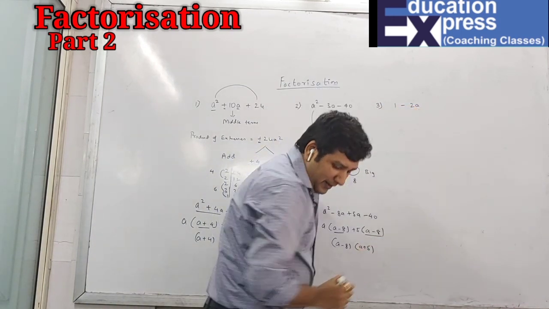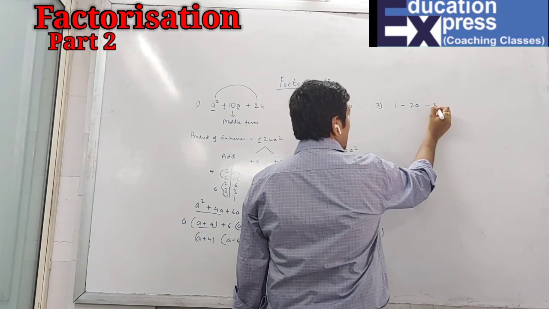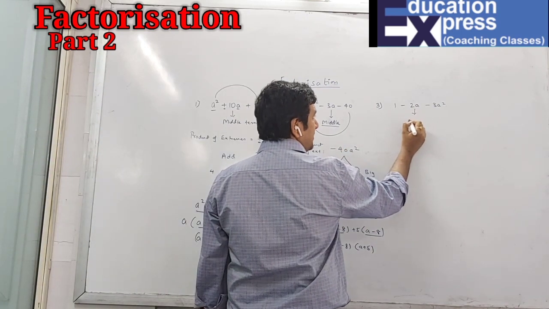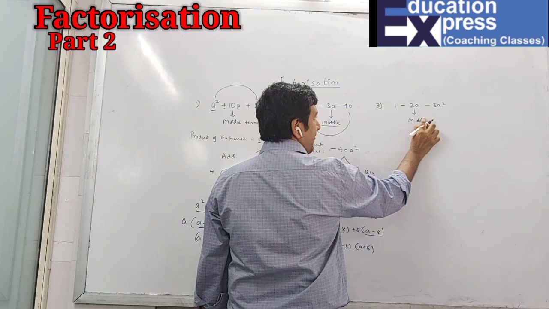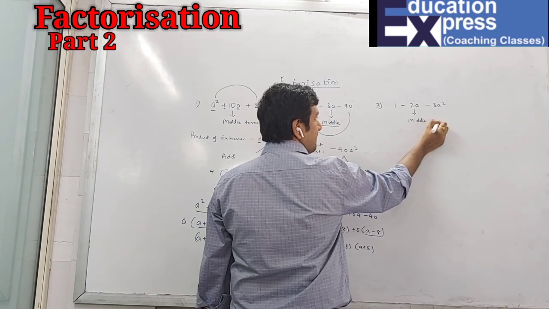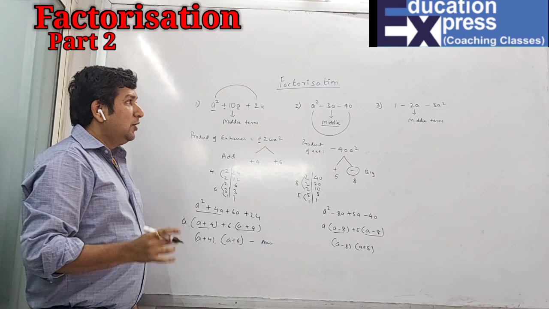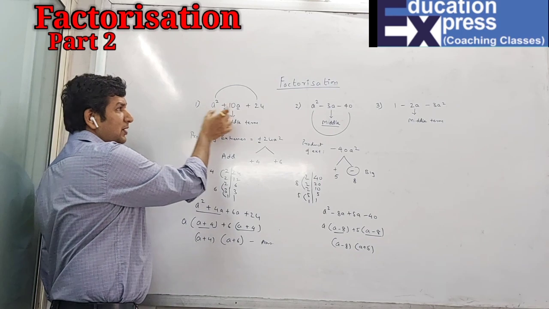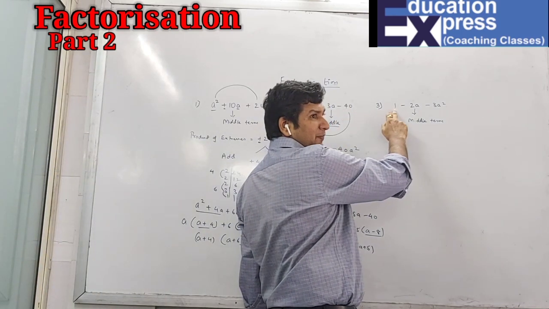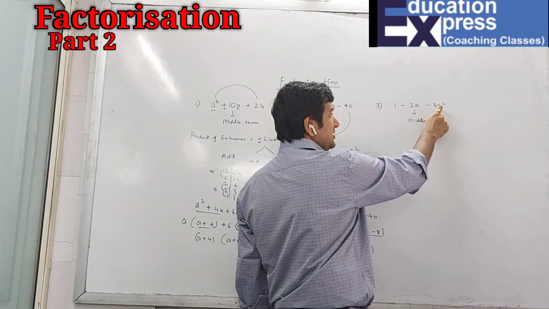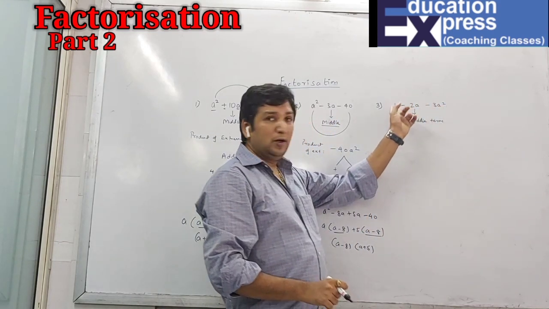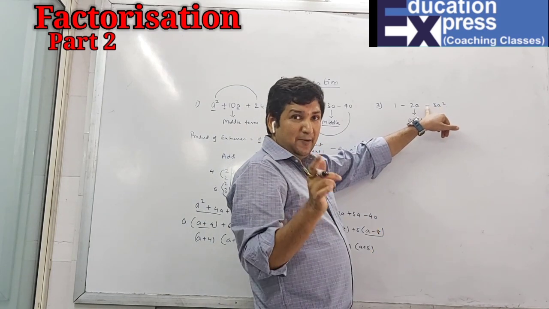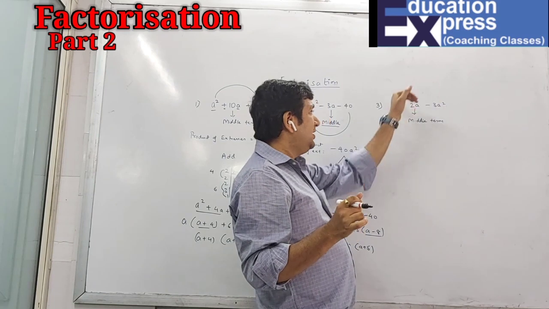1 minus 2a minus 3a square. Now here you will see something different. Obviously you know that your middle term is minus 2a. That is not the problem. The problem over here is what? You can see that here the first term was a variable, but here the first term is not a variable. It is a normal number, and this is the variable. So can you shift this over here? The answer is no, because the sign of this variable over here is negative. Yeah, in case this is positive, then simply you can definitely write plus what?